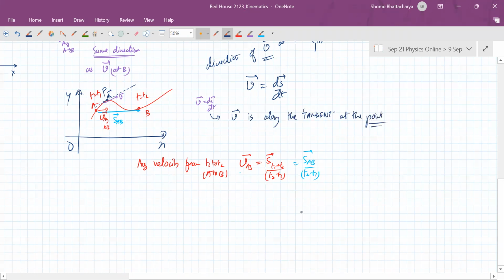Okay, this is clear, Adina? Yes, sir. Whereas average velocity is along